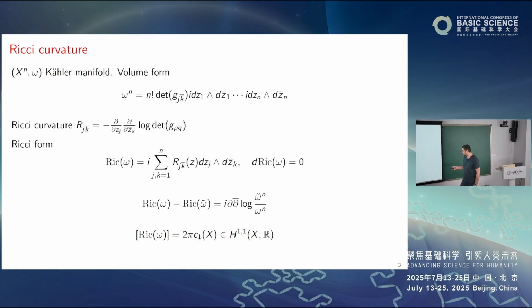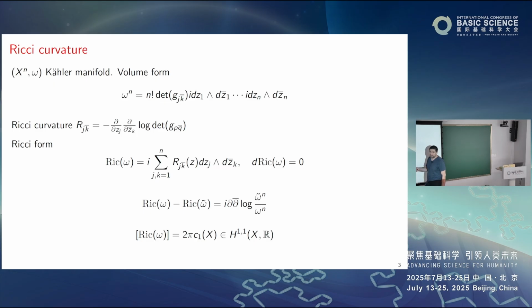And therefore, it defines a cohomology class also in the same H^{1,1}. And this cohomology class actually is independent of omega. This was actually already observed in the 1930s in the original paper of Erich Kähler, but it's now commonly attributed to Chern. So the cohomology class is called the first Chern class of the manifold. And the reason why that's true is you just take the difference of two Ricci curvature forms of two Kähler metrics. So they will have these two expressions for g and g tilde. And you realize that,